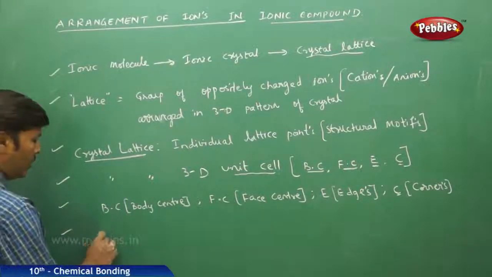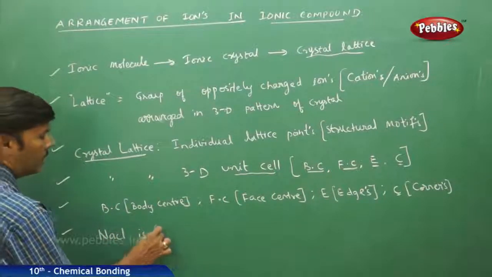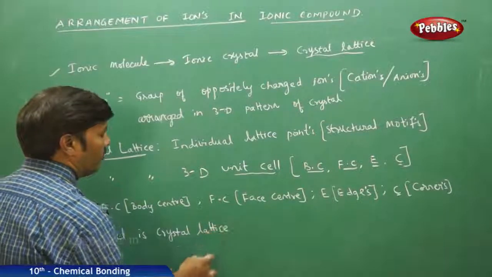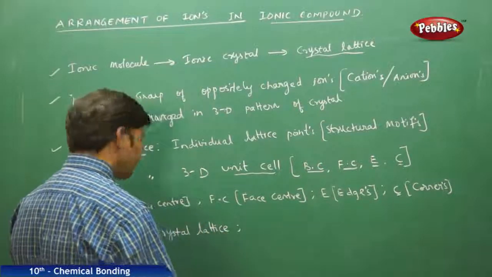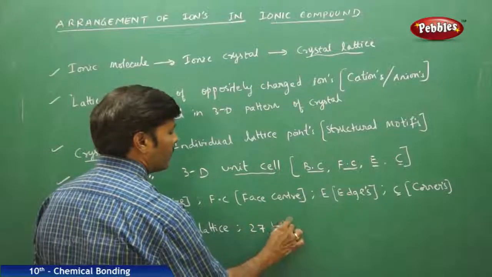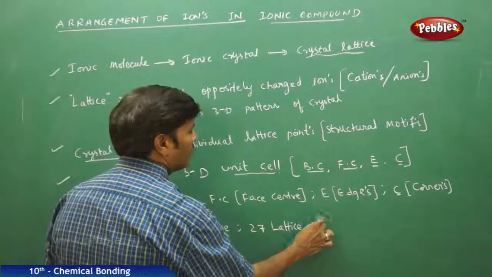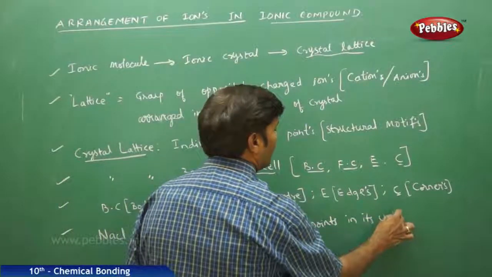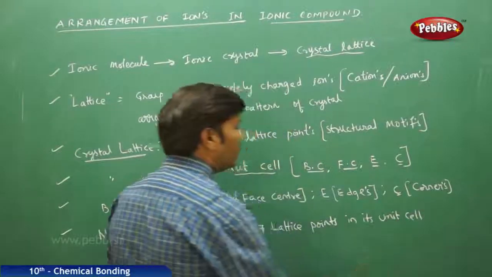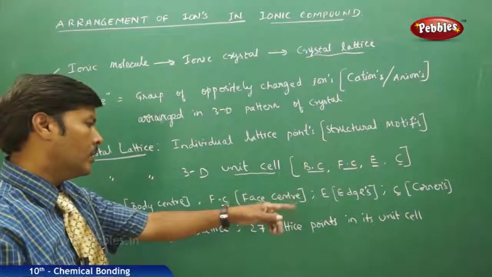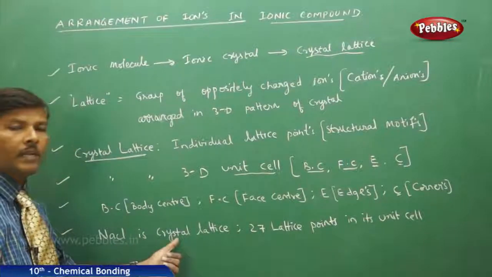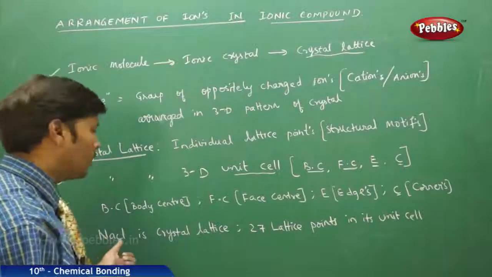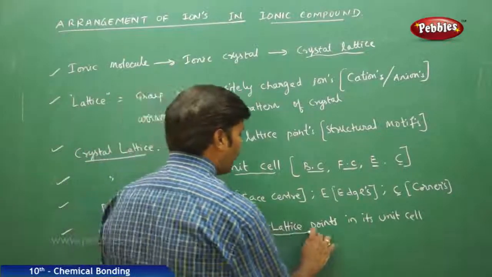If you take sodium chloride, NaCl is a crystal lattice with 27 lattice points in its unit cell. A unit cell is the smallest portion of the crystal lattice, which has the entire properties of the crystal. So if you go for sodium chloride, when you say 27 lattice points, these 27 lattice points